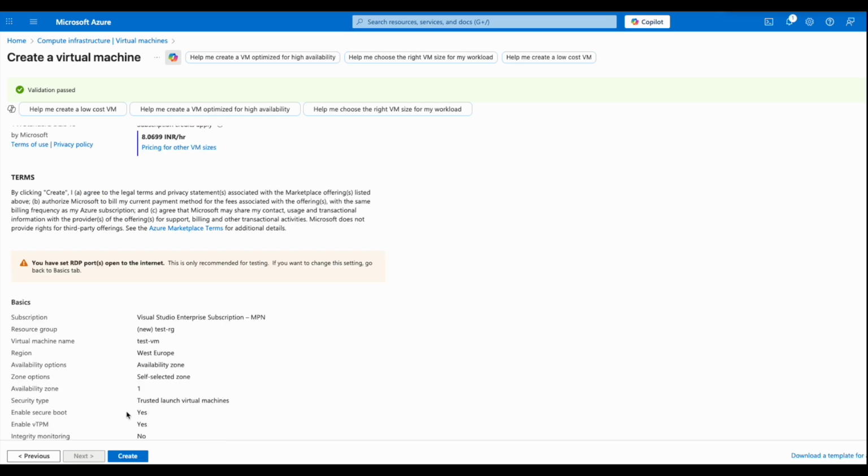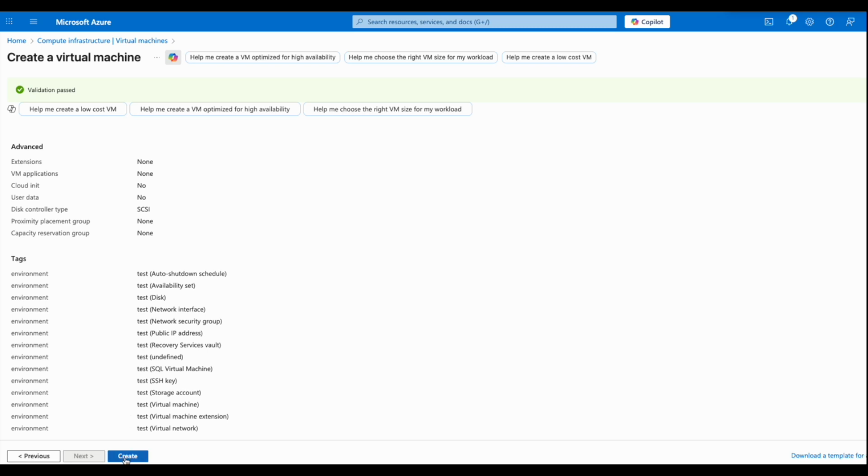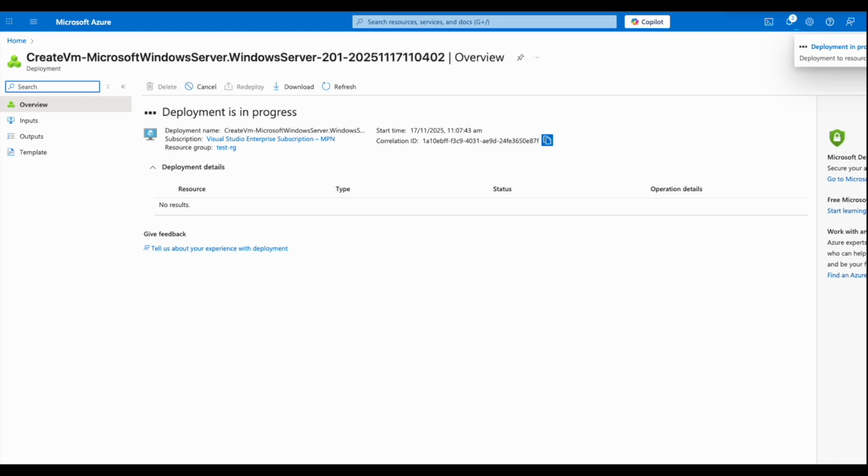So this is all the configuration that we selected. Go through it once again and click create, and wait for it till it creates all the resources and deploys everything in Azure. Yeah, once everything is deployed, click on go to resources, and you can see that the virtual machine is created,